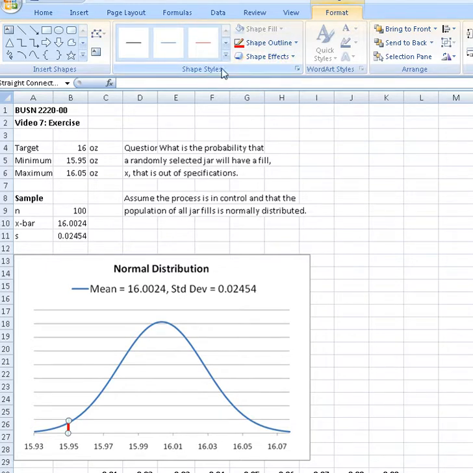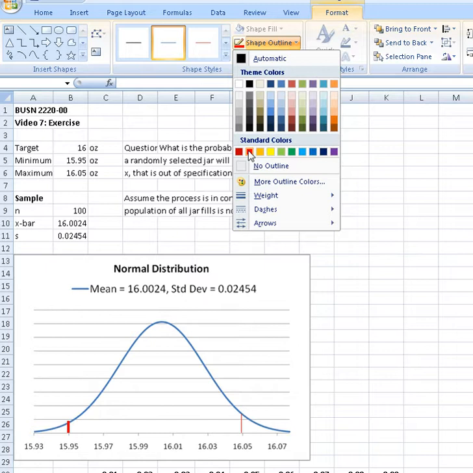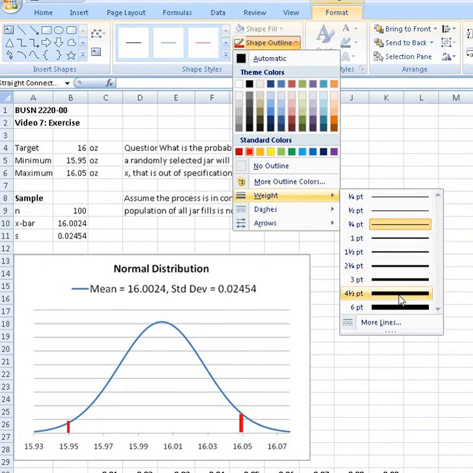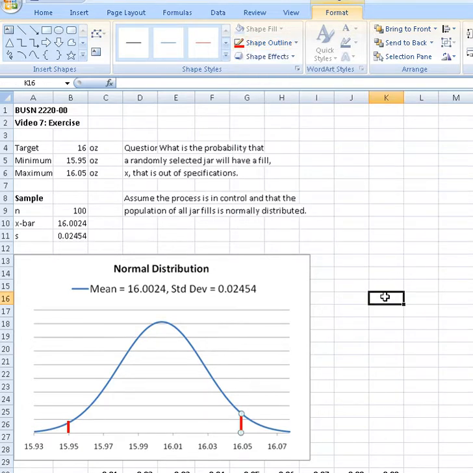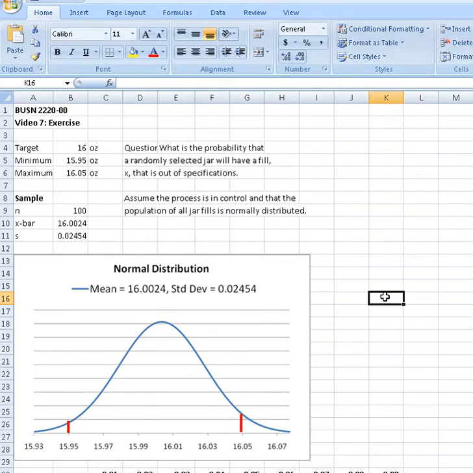And I'll put another one in. Insert a line over here. Hold down the shift key. It's 16.05, our upper limit. And I will again make it red and make it 3. Now, getting these lines straight is devilishly hard,